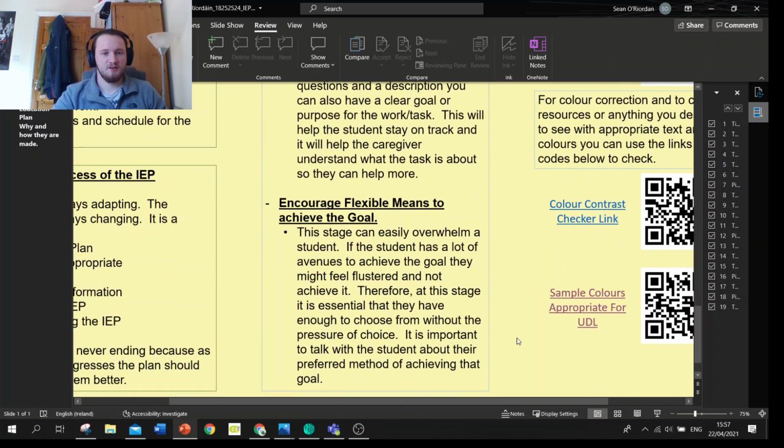Next one is to encourage flexible means to achieve the goal. So I want to emphasize this because you can overdo it if you're not careful. So this stage is easily overwhelming for a student. So if a student has a lot of avenues to achieve the goal, they might feel flustered and might not achieve it. So at this stage, it is essential that you have enough to choose from without the pressure of choice. So that seems confusing, but in other terms, say you want to get your daily amount of veg a day, rather than giving a student the whole spectrum of vegetables,